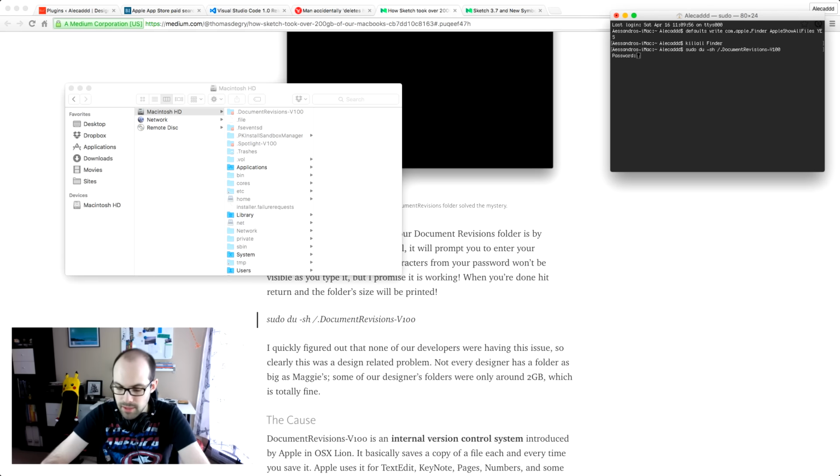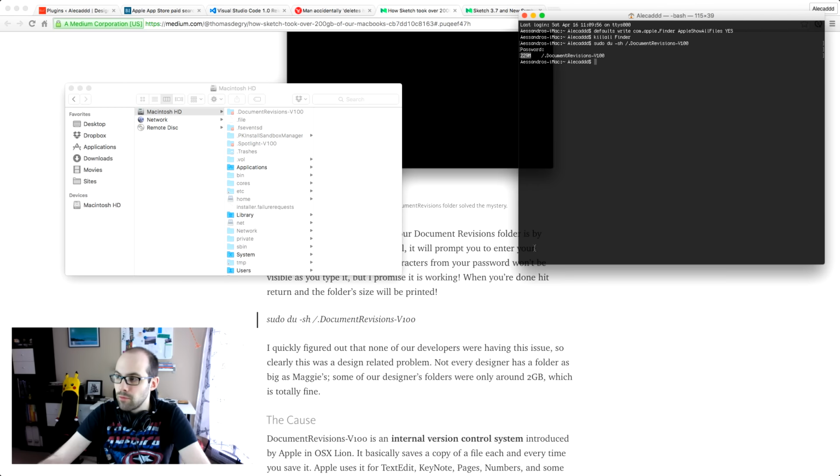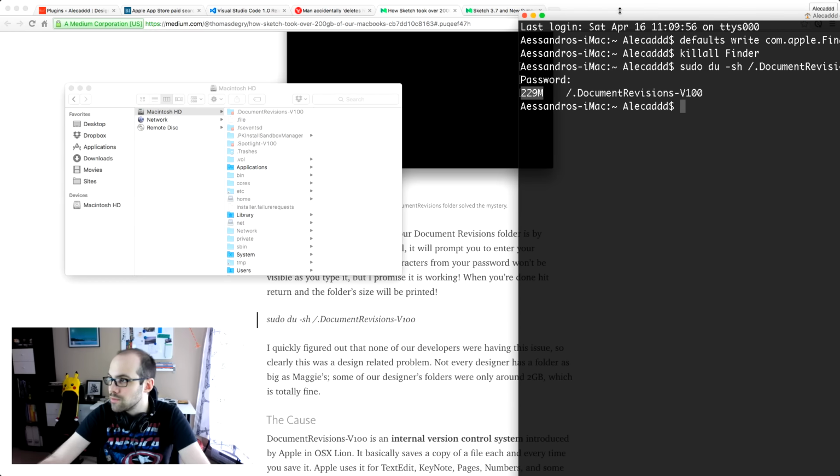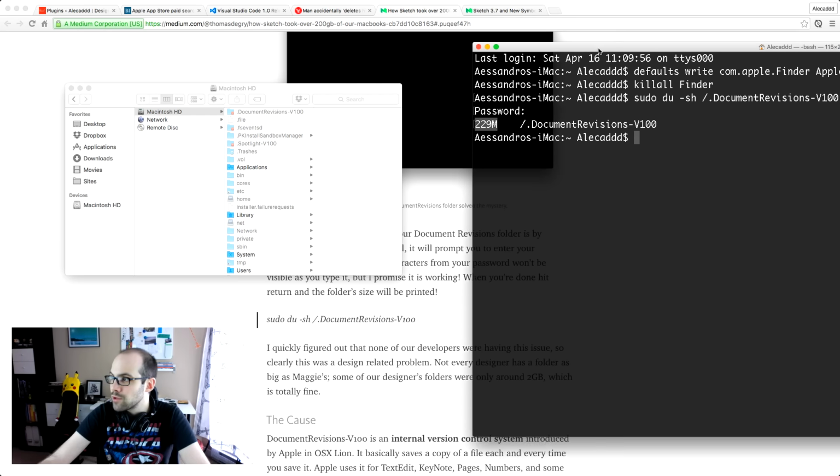We hit enter, of course, it asks for our password because we are using sudo, and now we have the overall weight of our folder. Let me zoom in on this text so you can actually see it if you're watching this video. So now we have this folder that weighs